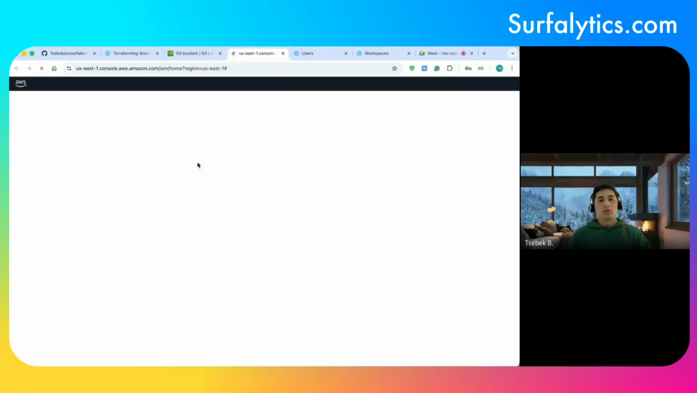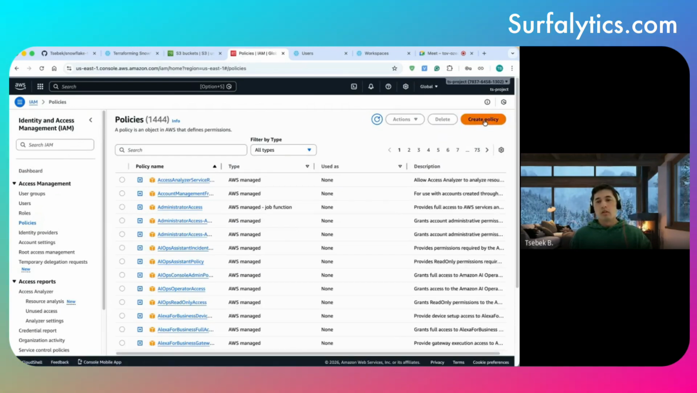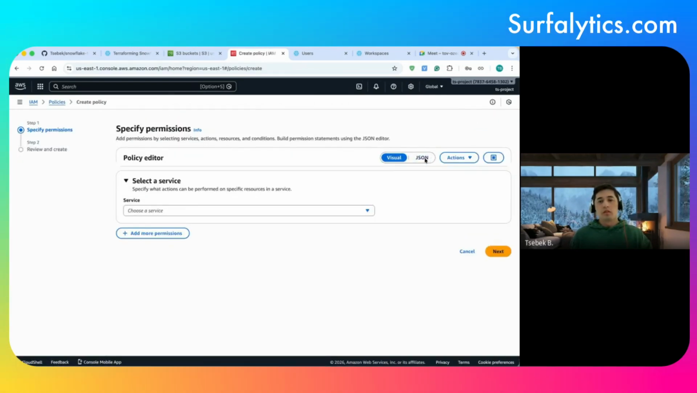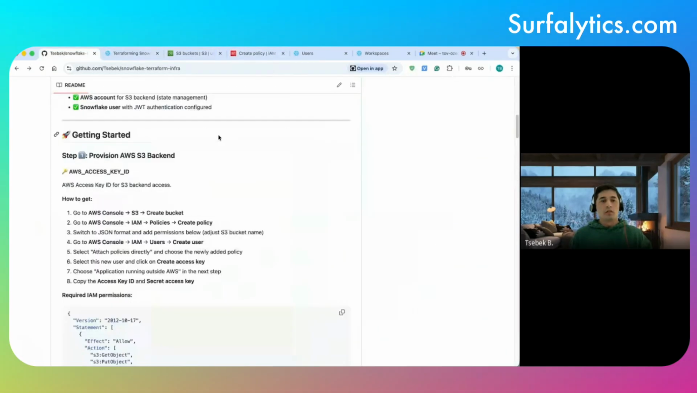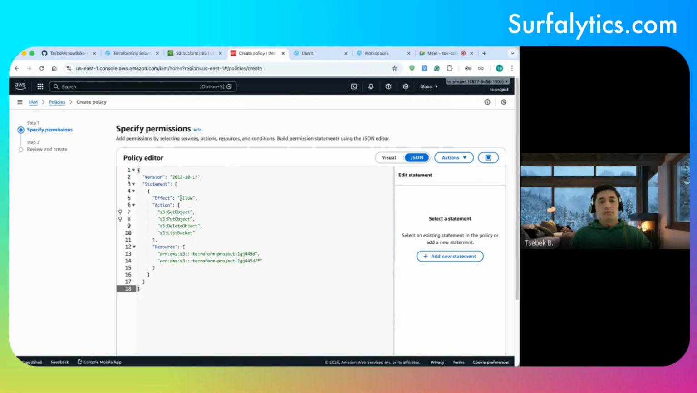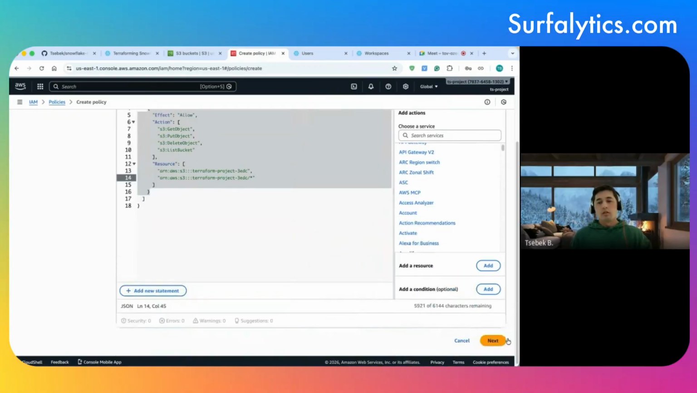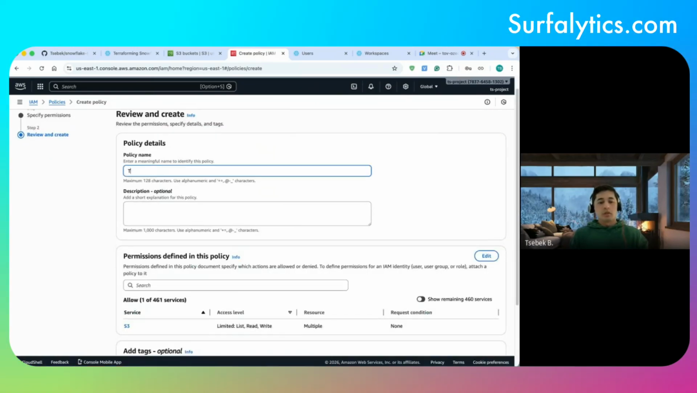Then we go to IAM, to the policies. First of all, we need to create a new policy. Click create policy, click JSON, and you can just copy paste this from the repo. What it does is allow S3 get object, put object, delete object, and list bucket. We need to adjust the name of the bucket here. So it allows access to the bucket and to all folders inside this bucket. And that's all. Then click next, policy name, for example terraform-state-demo,